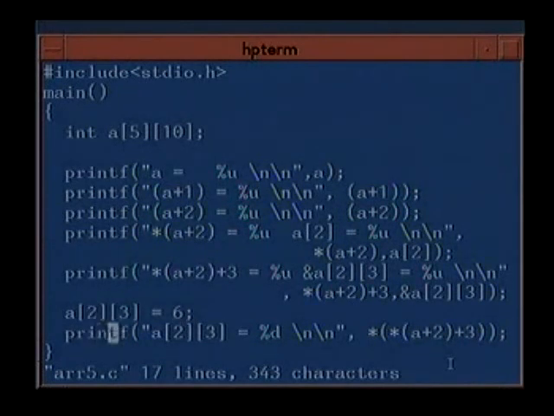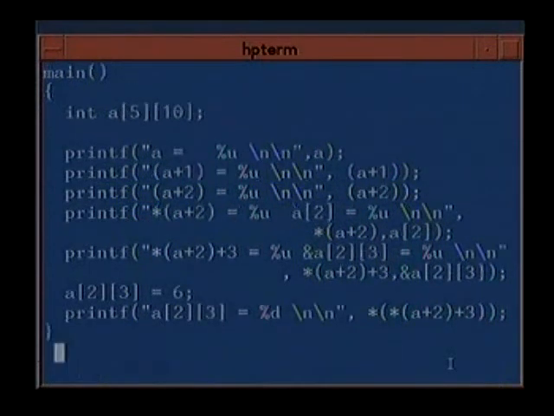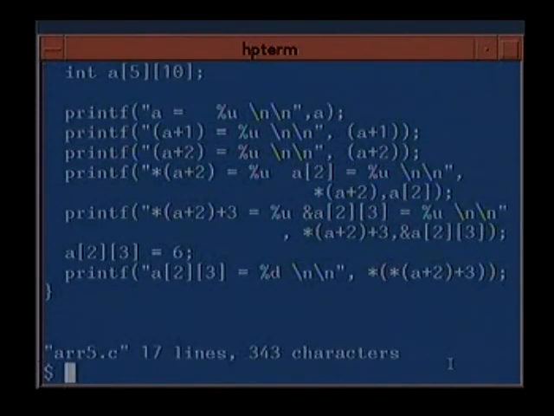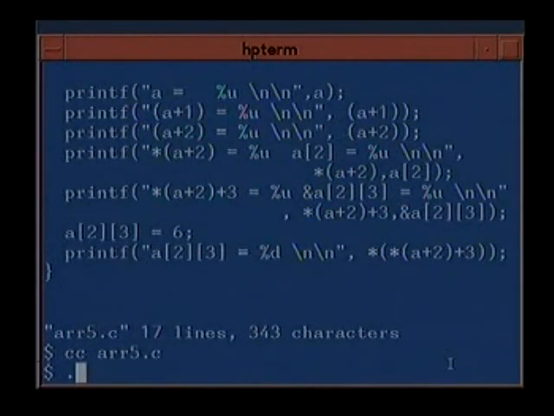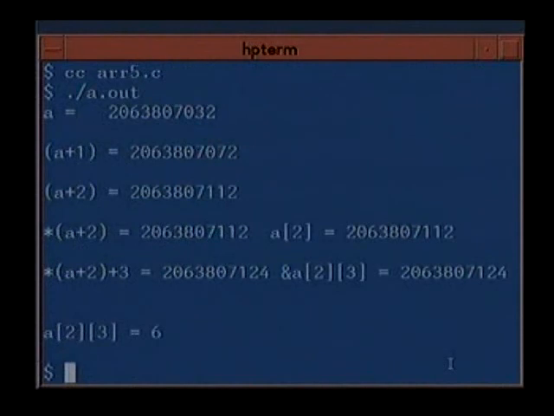A[2][3] is the same as we were doing a bit earlier, content of content of A plus 2, plus 3. Now let us see. This is 20380732, which is the start of the array. A plus 1, the difference is how many bytes? 40 bytes.